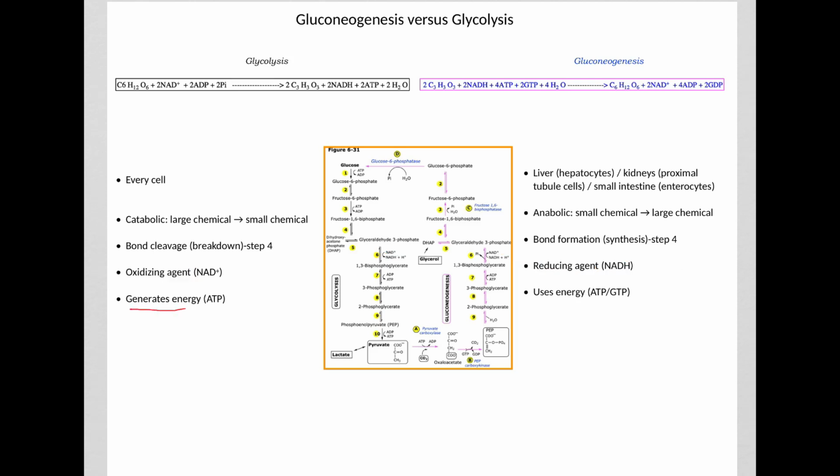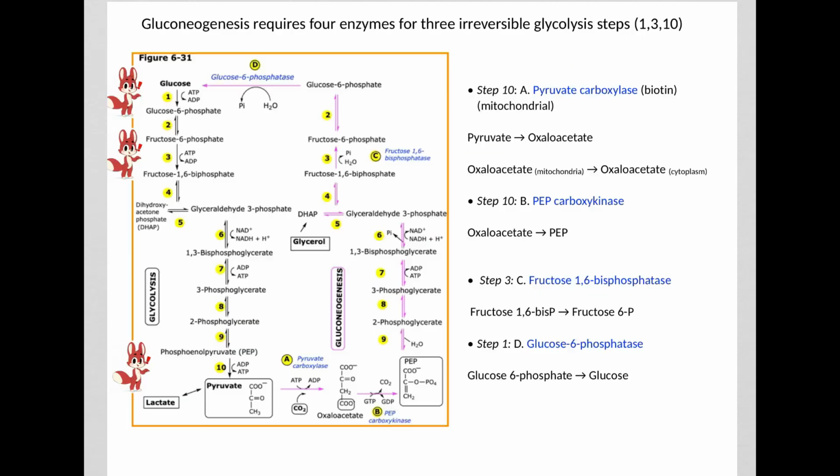Catabolic pathways such as glycolysis release energy in the form of either ATP or GTP, while anabolic pathways such as gluconeogenesis require energy in the form of ATP, typically ATP, sometimes also GTP. So in glycolysis, the glucose is broken down into two pyruvates. Now, to synthesize this glucose, we cannot simply take the pyruvate and make it into glucose, because recall that in